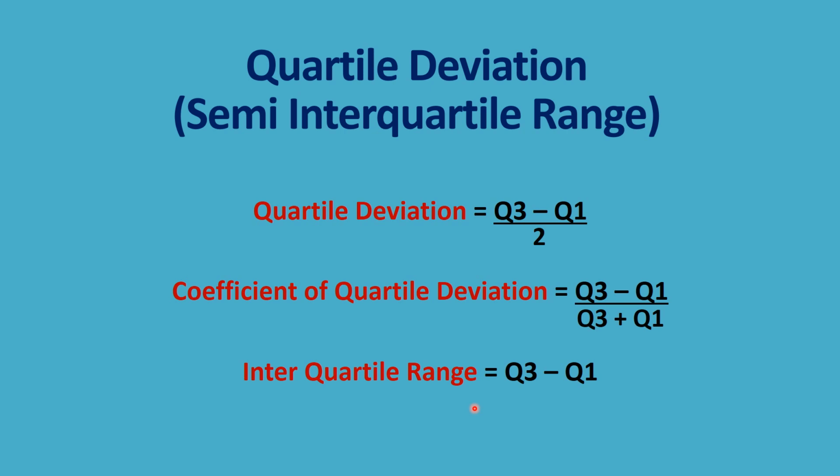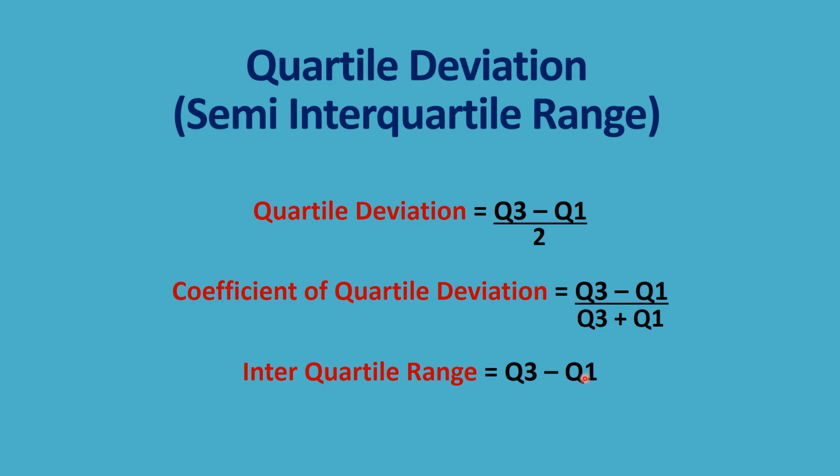Thus, the extreme values at either end cannot influence the values of quartile deviation. It is only the middle half of the data which is needed for calculating the quartile deviation. If the data is scattered, then the interval between the two quartiles would increase. The interval between Q3 and Q1 would increase. Thus, the difference between the quartiles is used as a measure of dispersion.